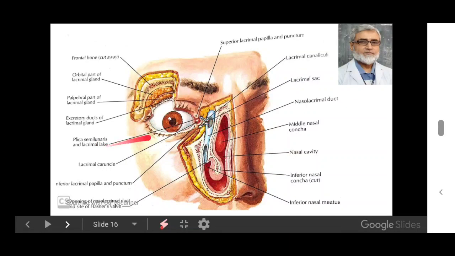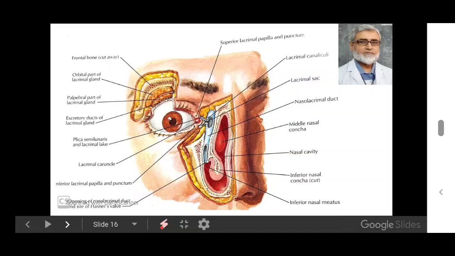See here, this duct is blind above, closed, and the lower end is open, opening into the inferior meatus. While discussing the different meati of the nasal cavity, I have mentioned this. So regarding the lacrimal duct,